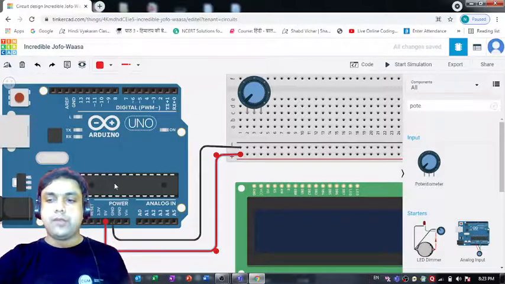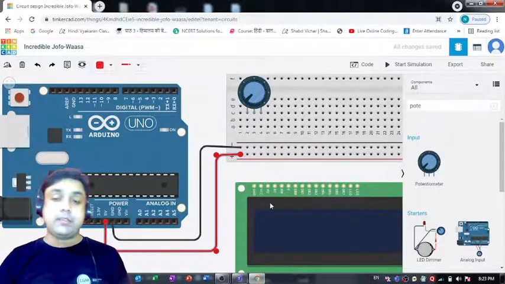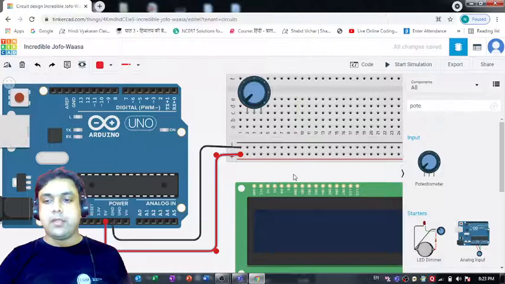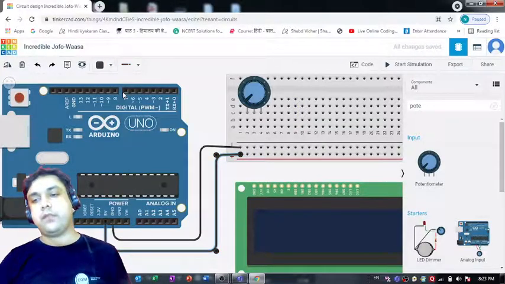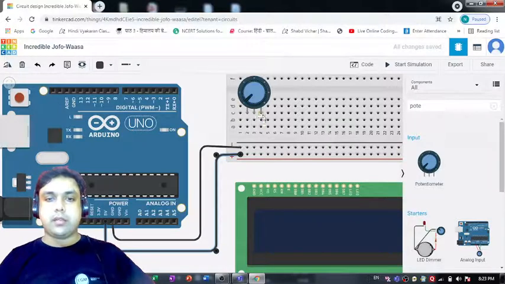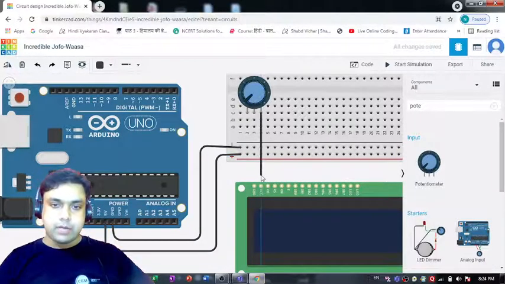Now it's time for us to connect this LCD, sorry, not LED, my bad. So it's time for us to connect this LCD with this breadboard. So let's make use of this black color wire first, and I would like to connect this point with this ground pin of this LCD.